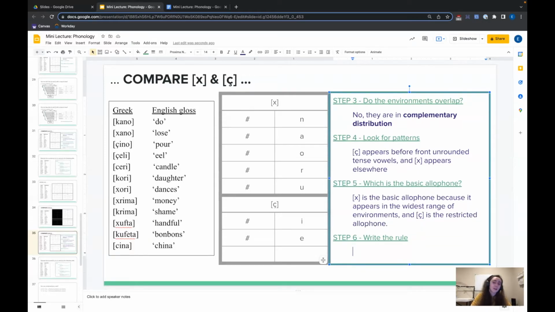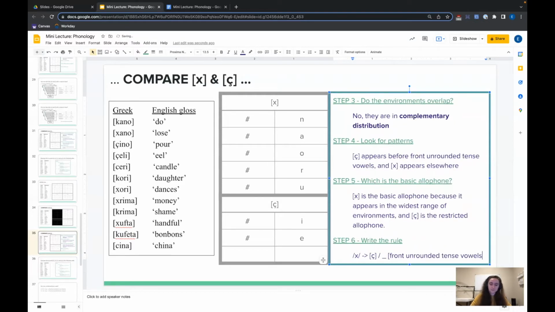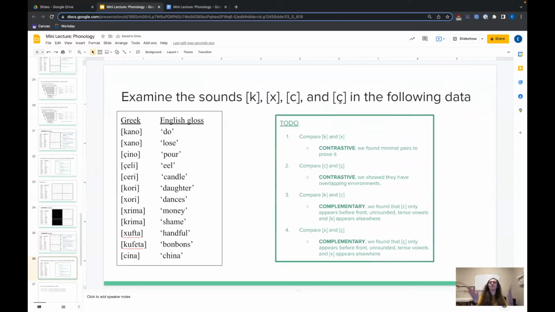So once more, we can write our rule, and it looks a lot like the last one. So the basic one, which is the X symbol, is the phoneme, and that's going to go between the slashes. And that turns into the voiceless palatal fricative in the environment of before front unrounded tense vowels. So we've completed all four sets of the analysis, and we found that the last one also has complementary distribution